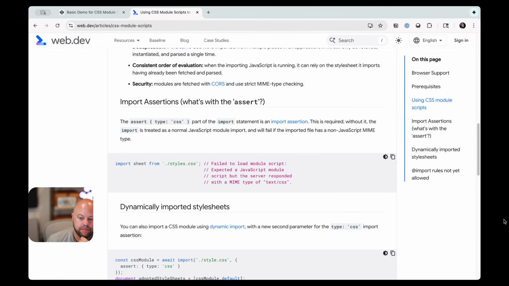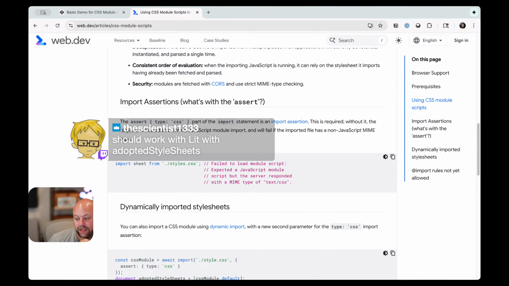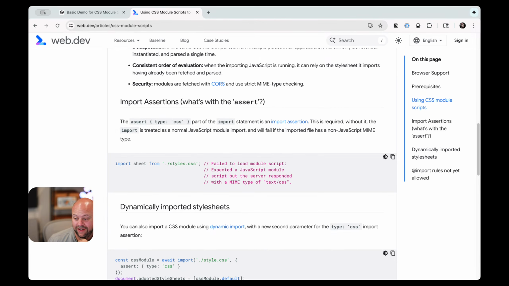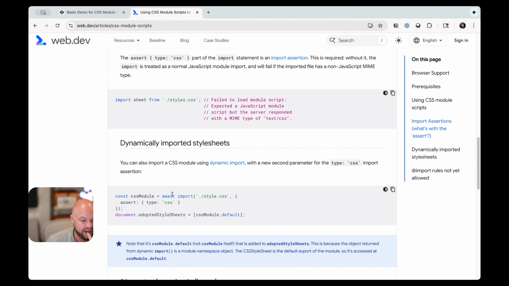I would like to address this. Should work with lit and adopted style sheets. You should look at this video and rewind. It does not work with lit and adopted style sheets. We tried six ways to Sunday to get that to work and it doesn't. Okay, you could